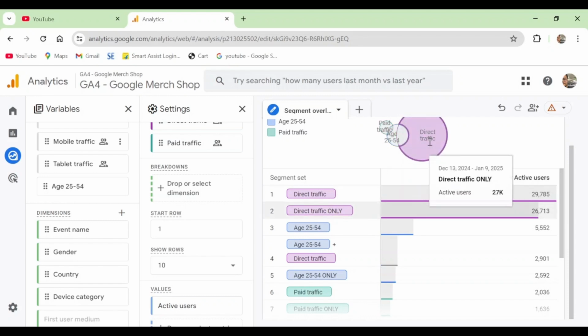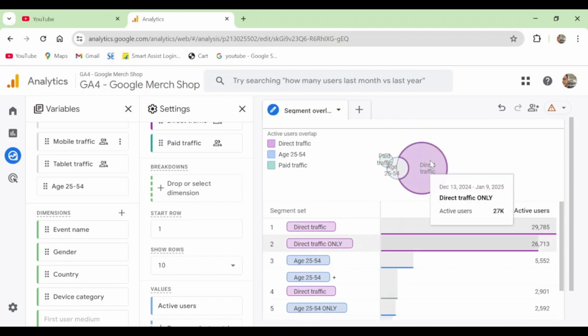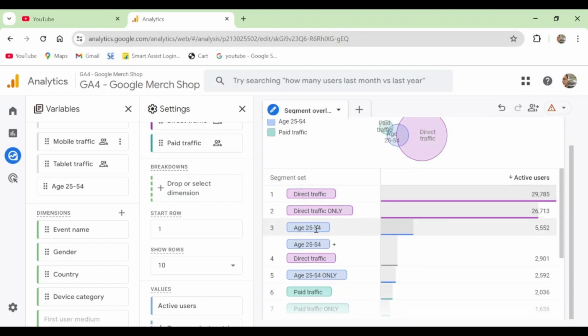Direct traffic only means this section, right? Excluding the age range 25 to 54. Okay. What was the chunk of audience who were direct traffic? That is 26,713, right? 27,000 to be approx. In between the age range of 25 to 54,